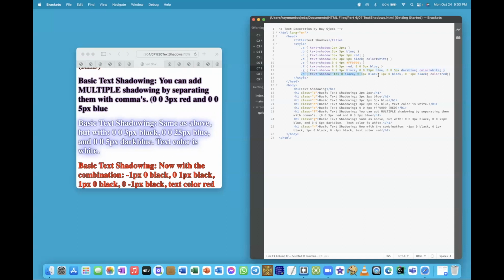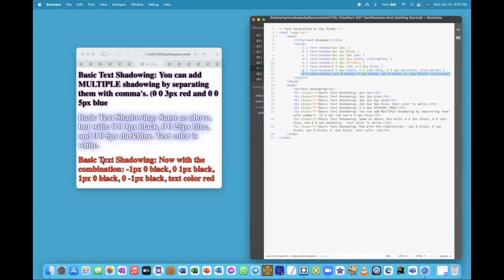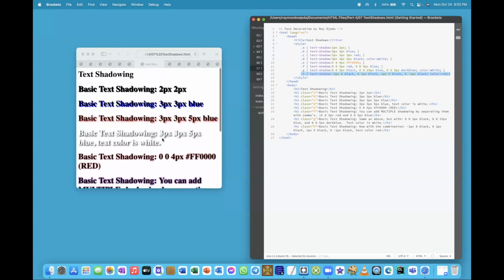And finally, you can see these negative values of -1 pixel, 0, 1, 0, -1. That does this right here. And there's 4 of them, but this looks really pretty, right? Start doing these values. So my